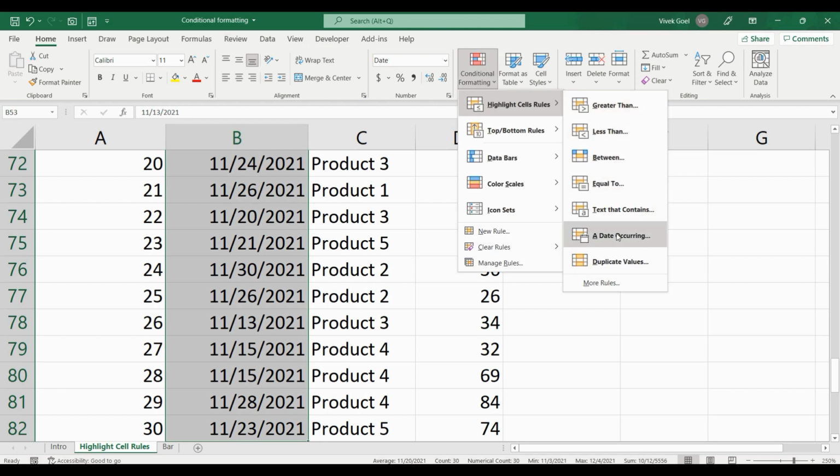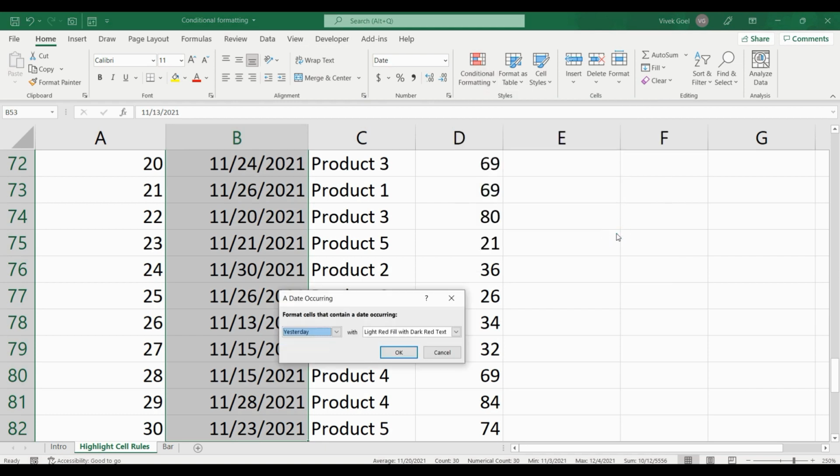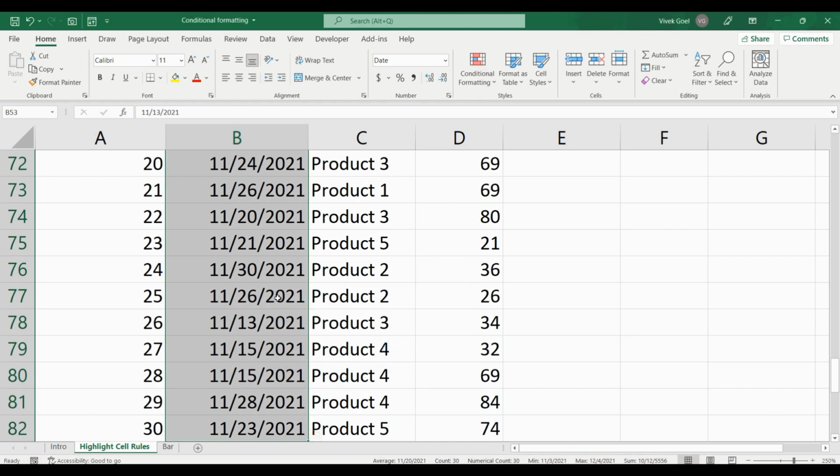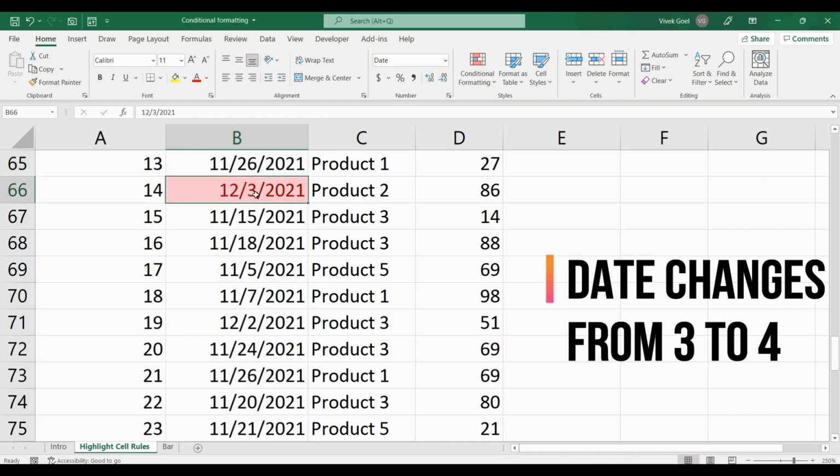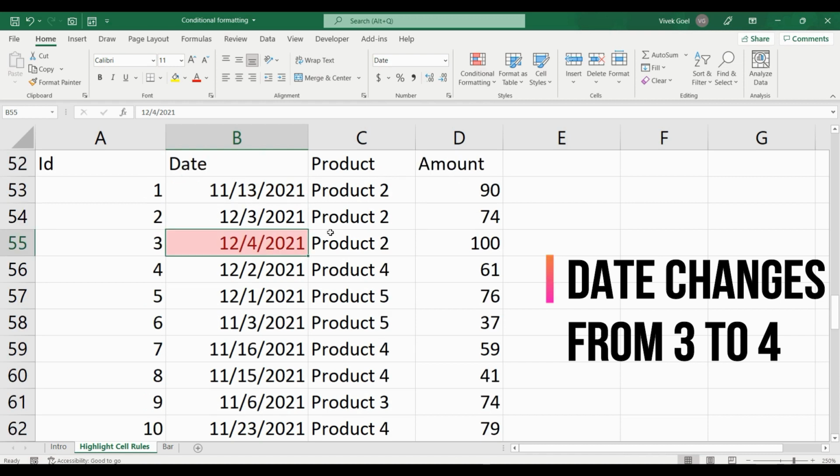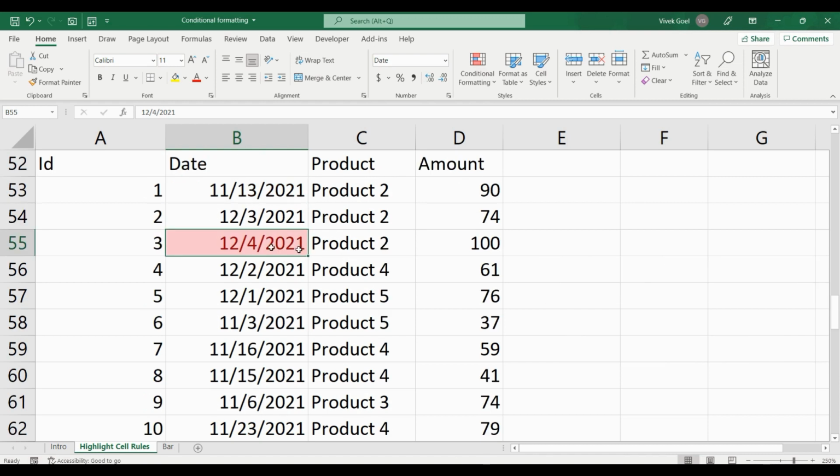We select our range, select date occurring, and then we select today. And let's highlight it with a color of our choice. And tomorrow, when we will open this dataset again, it will automatically highlight the rows for the day. No refresh will be required, which is pretty cool.